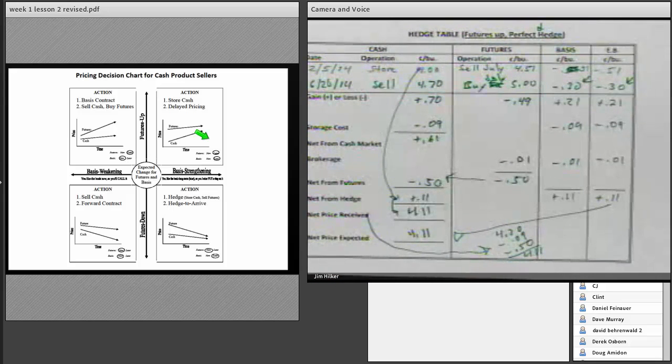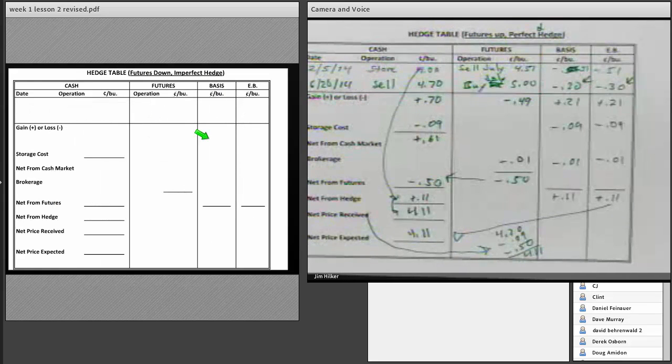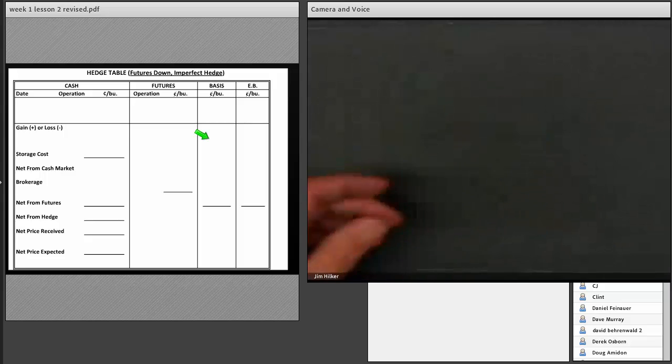Even though we did the hedge here, it told us if we thought our futures were going up, the basis is going to tighten, strengthen, more than enough to pay storage. So the rule is just the same. If I think prices are going to go up, $4 minus 51 cents. Found that out from calculating the hedge. Again, the expected basis. And remember, I'm going to show you a simpler way to do the hedge. We expect this, so here we have an imperfect hedge. $4, okay? And we'll look at this number here